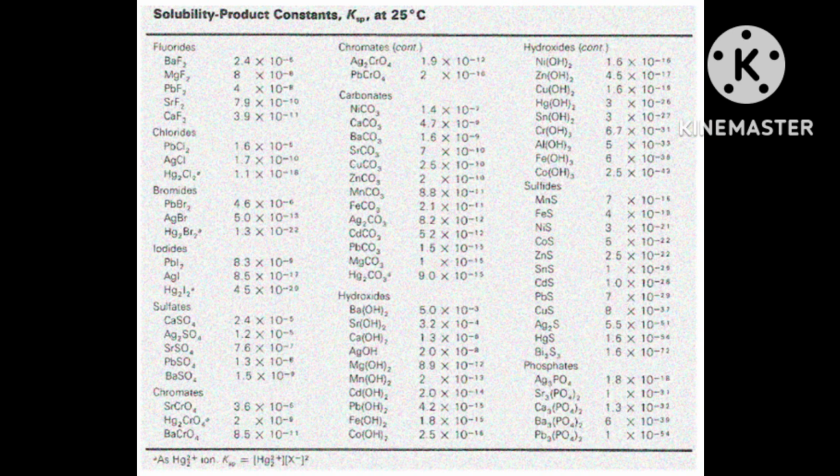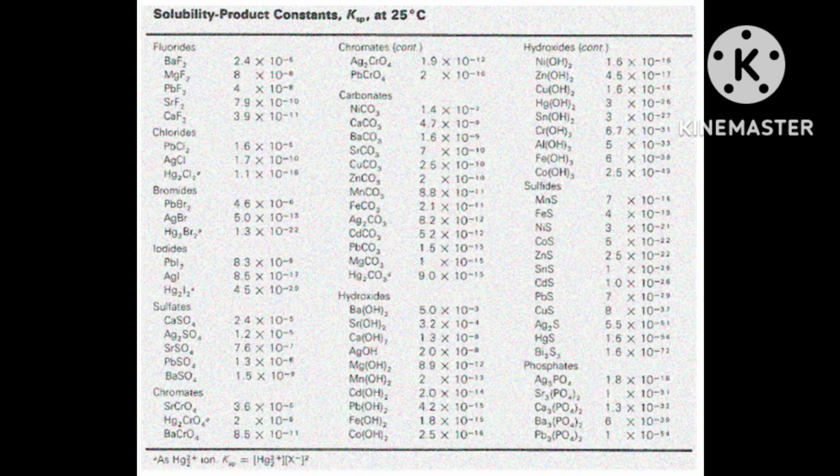Then Ksp for AgCN is very simple. Ksp is equal to the molar concentration of silver ion times the molar concentration of cyanide ion, and its value is given as 6 into 10 to the power minus 17. And for nickel hydroxide, its value is 2 into 10 to the power minus 15. Then suppose silver ion concentration is S1,